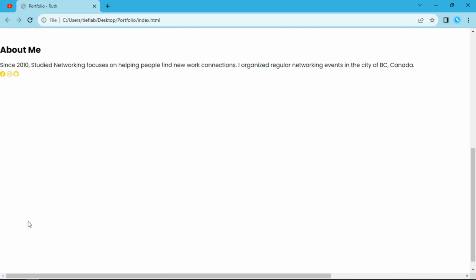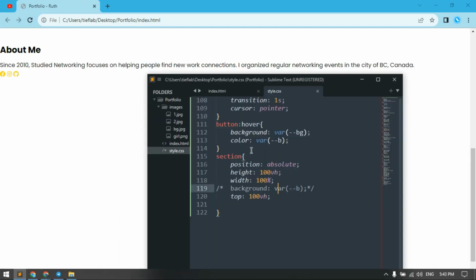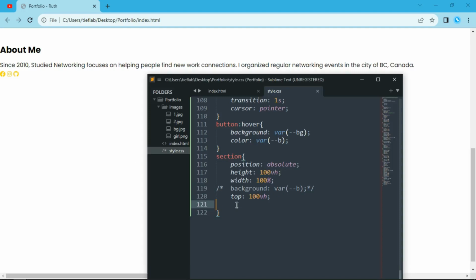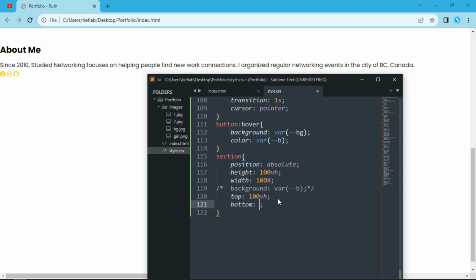So you can see those elements from the second section are already displayed here. So what I'm going to do is add bottom 0. Bottom is going to be 0, and